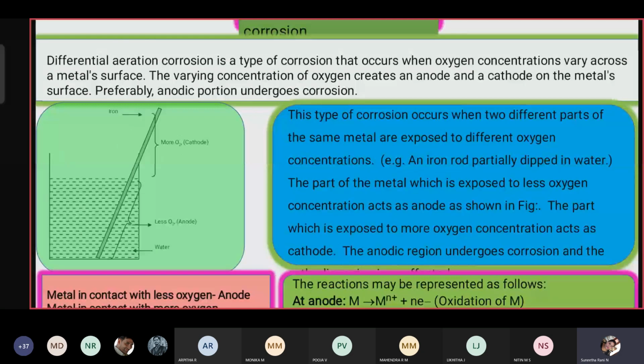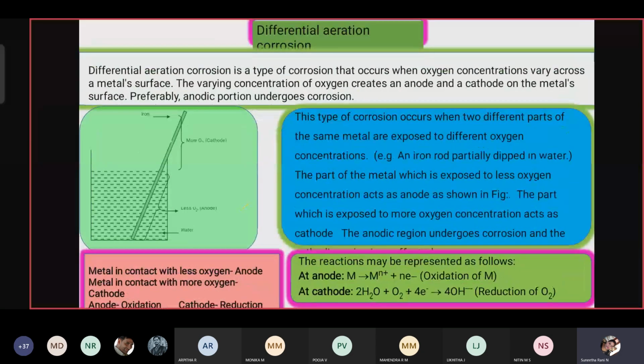So here, what is the anodic reaction? At the anode, it is an oxidation where M gives M^n+ plus n electrons, the oxidation of the M electrode. The cathode reaction is H2O plus O2 plus electrons to give 4 hydroxyl ions. It is not H2; hydrogen evolution will not take place here. It liberates hydroxyl ions. These hydroxyl ions, which were liberated at the cathode, combine with the anode product. It forms a rust product, which undergoes rust.